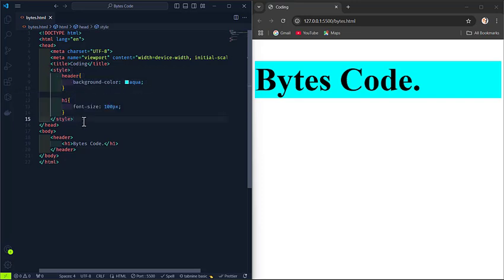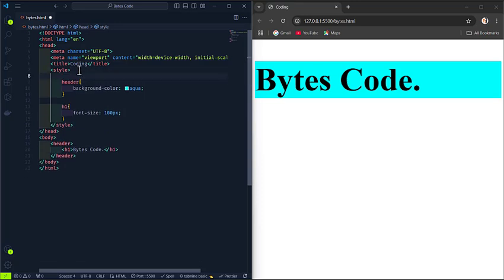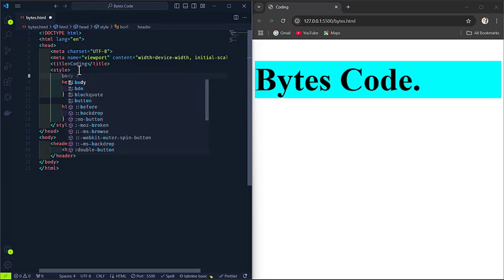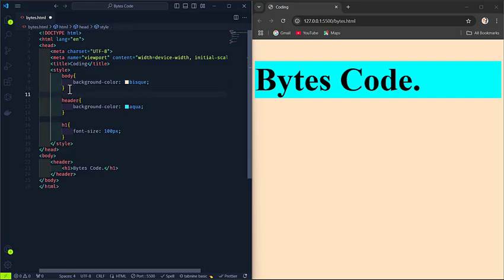We'll be doing an external style sheet very soon, but before we do that, let me add one more thing here, which is body. Let me change the color. Body. Change the background color to my favorite color, this. Nice. Save this. All right, so guys, this is an example of an internal style sheet. You can write an internal style sheet